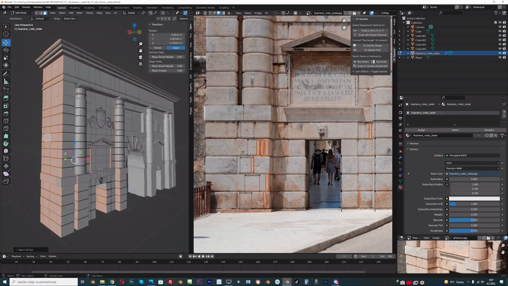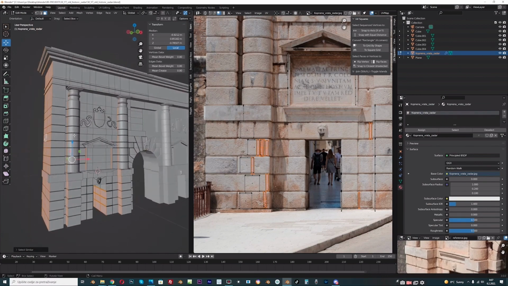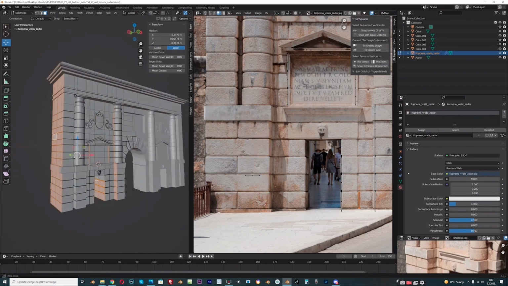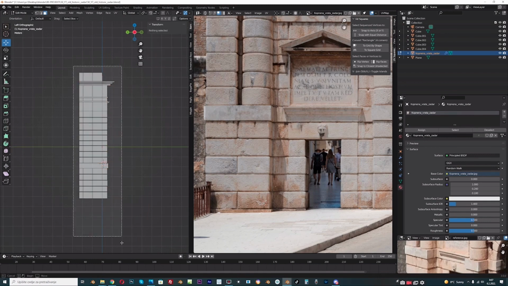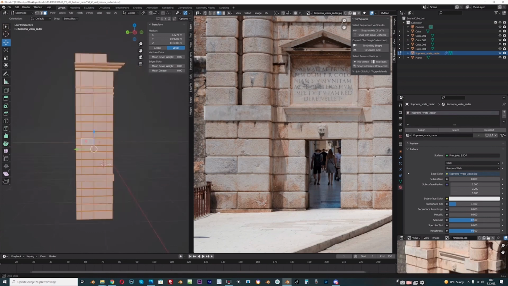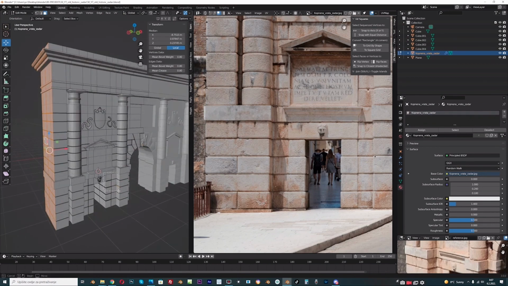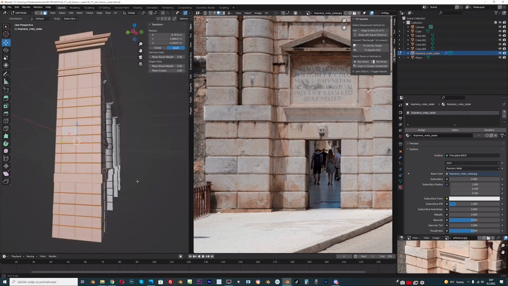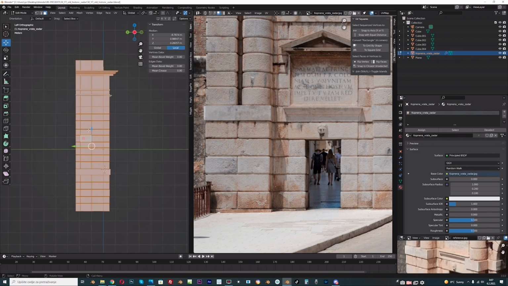And okay, this is not good because it selects all this, so you can deselect this, or maybe we can just try to select with the mouse. Yes, it works, and just deselect these parts here, and now we can go with view, project from view,